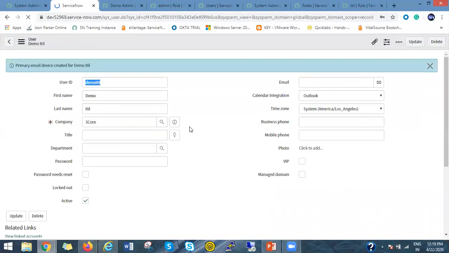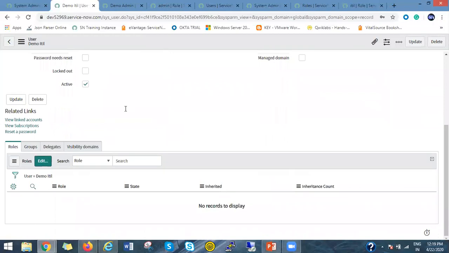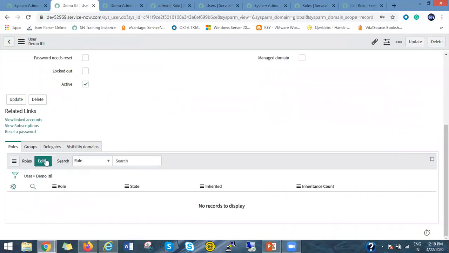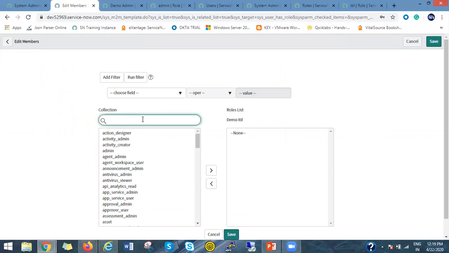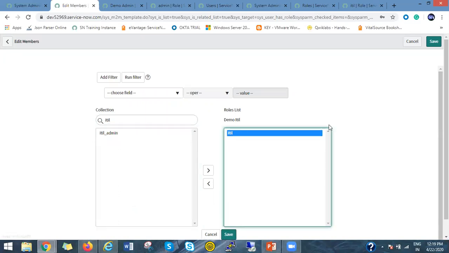So currently this user doesn't have any role, and I want to make this user a technician so that he can resolve the incident, problem, change assigned to him, right? So for that, I need to open the slush bucket, search for the ITIL role, and assign it to this user.